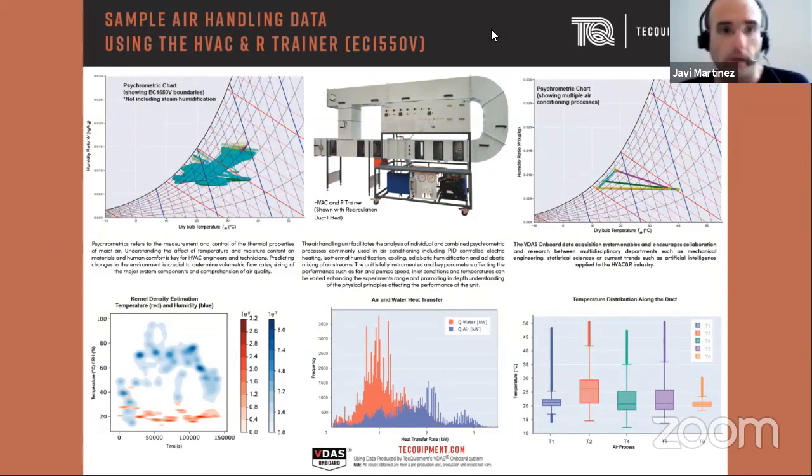More challenging graph: kernel density estimation. Comparing, for example, this one here in the middle, the heat transfer rate for the water and for the air. Bear in mind that this box in the middle is dragging water from the water tank to the air heat exchanger. So we can compare the heat transfer on the air and the heat transfer in the water and put it in a frequency distribution graph. We could plot the losses through the system, or box and whisker plots, in this case showing the temperature. So really it's up to the student's imagination and